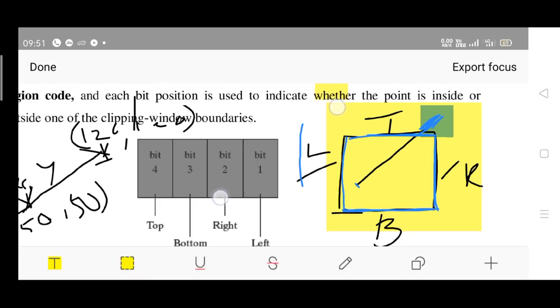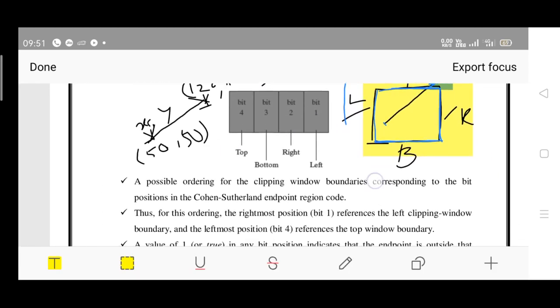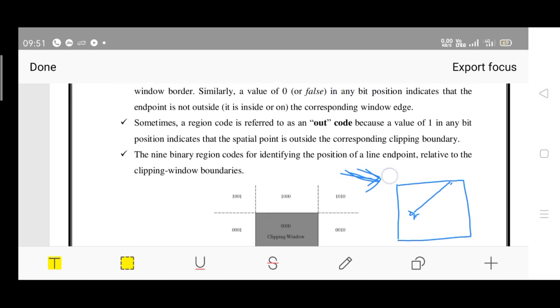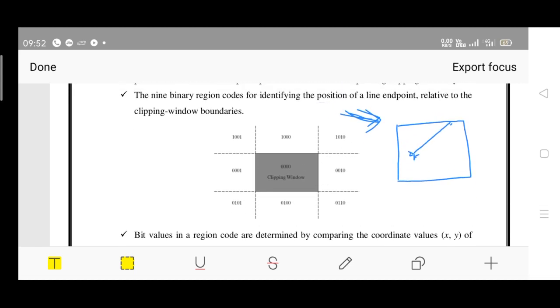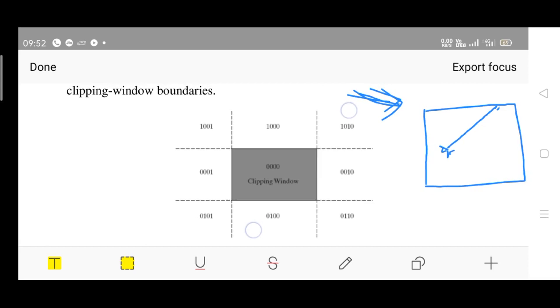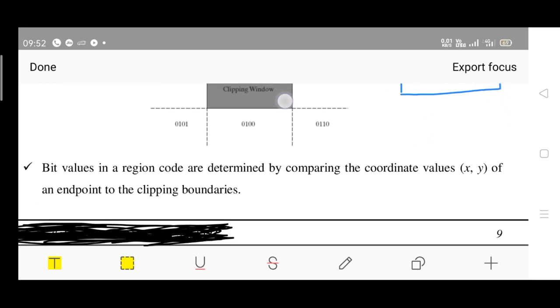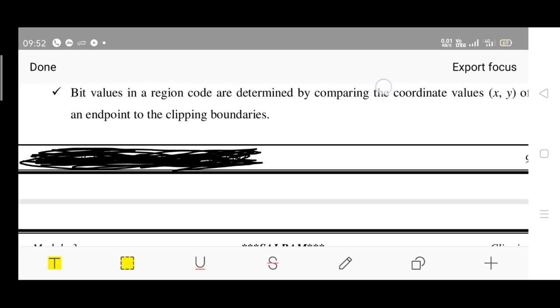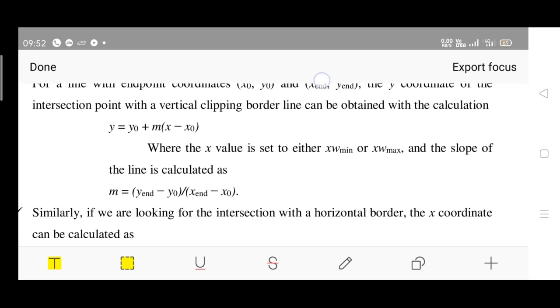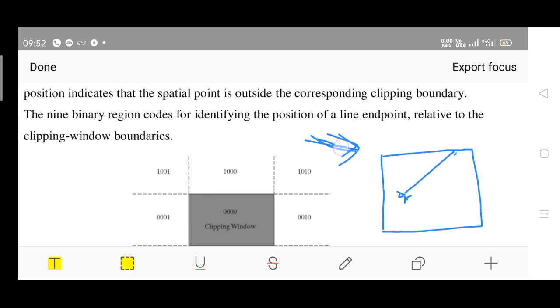Watch the video again and note down the things. This is one of the very important topics. The Cohen-Sutherland line clipping algorithm is a part of our CG lab as well. I think I have already shared the lab manual. If required, I'll share it once again. Just go through the Cohen-Sutherland line clipping experiment once, and note down these things. If you have any doubt, you ask. Let's continue our discussion in the next session. Thank you for watching.